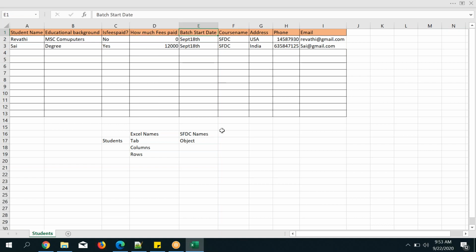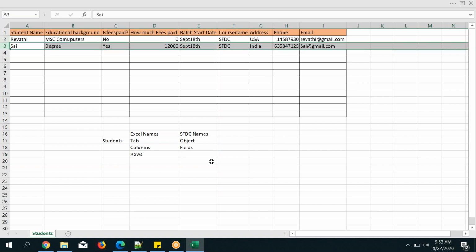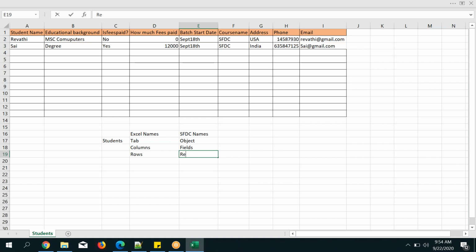Column, sir. In Salesforce we can call it fields. And rows, in Salesforce we can call them records or data. Anything you can call it, whether data or a record. That's it, guys.